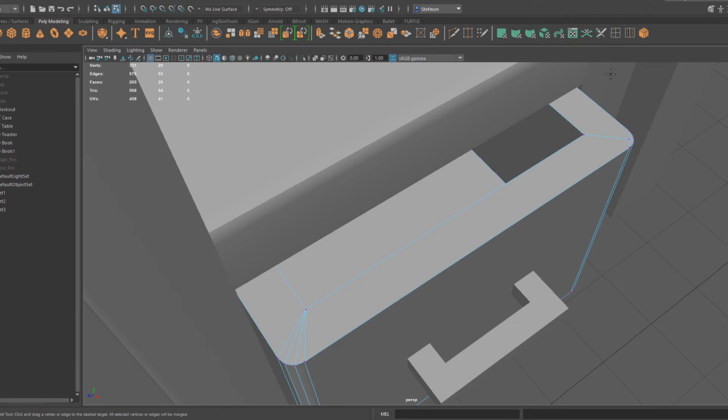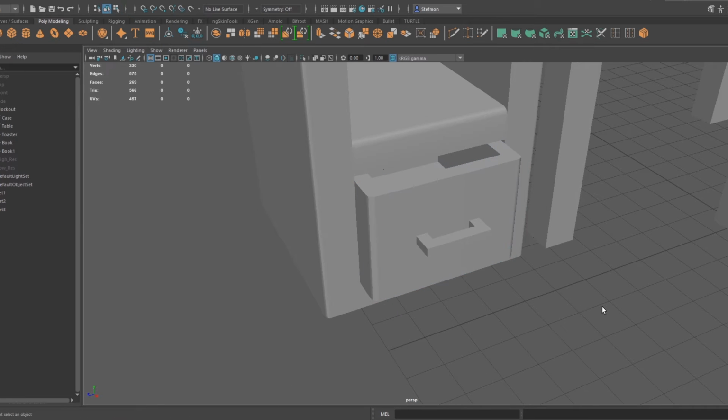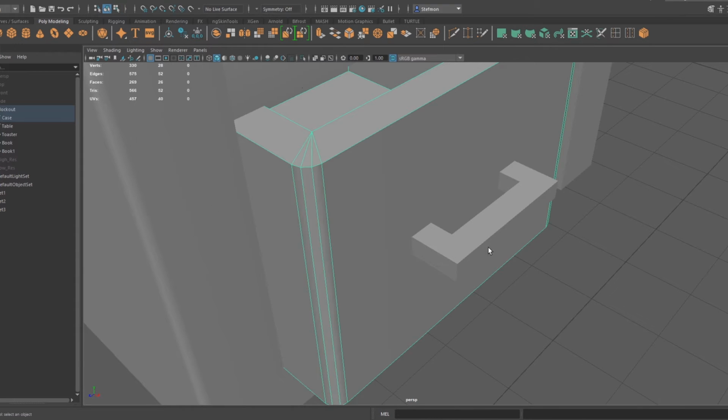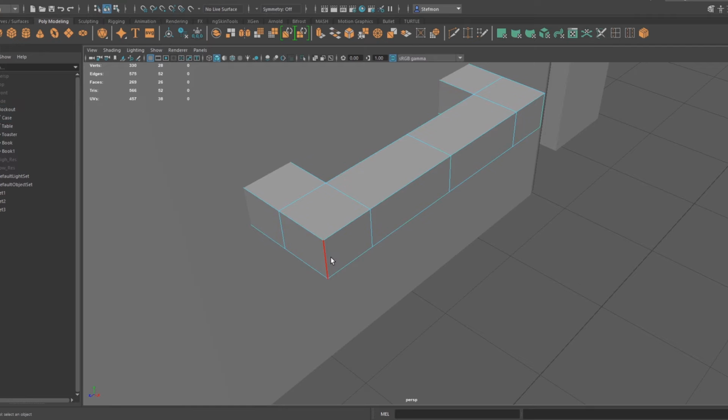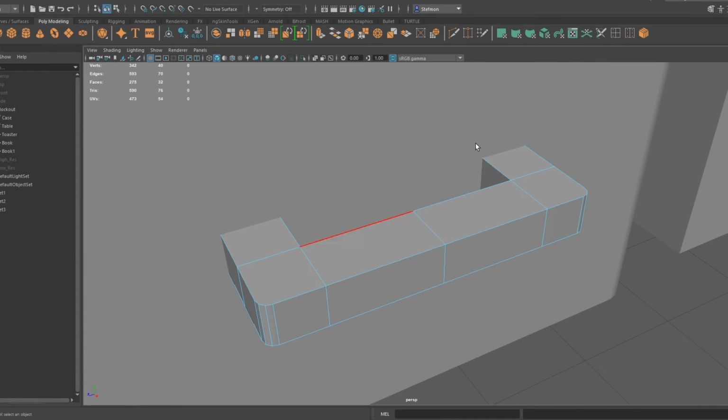Let me get rid of this nonsense. Get rid of symmetry, right? That's a bit better. And this thing here as well. Let's bevel this. It might seem like all I'm doing is beveling. That's what a lot of the stuff is when you're working with furniture, because the main thing that you can't do with furniture whilst you're making it is make it look less